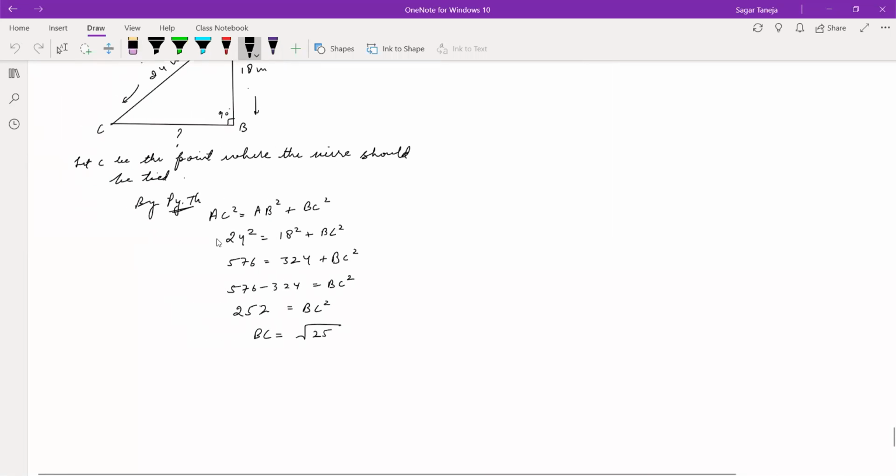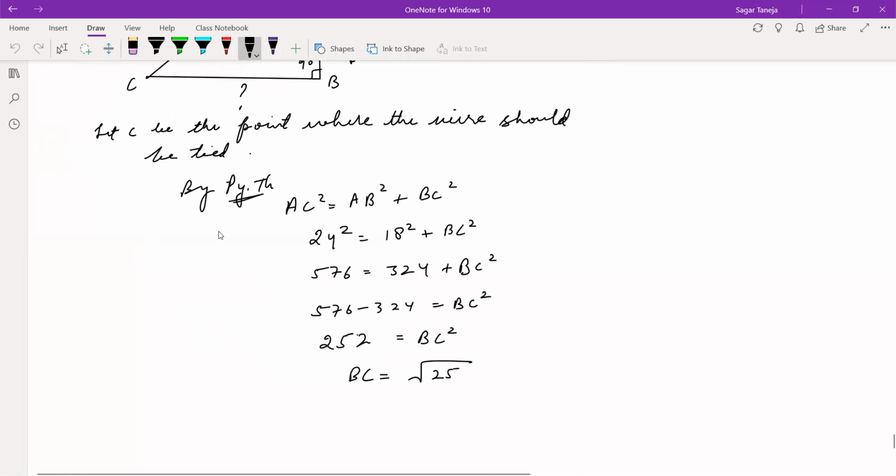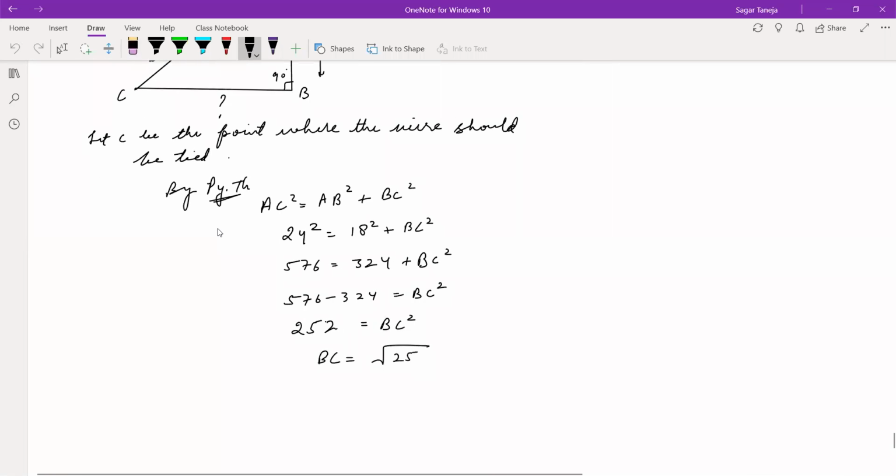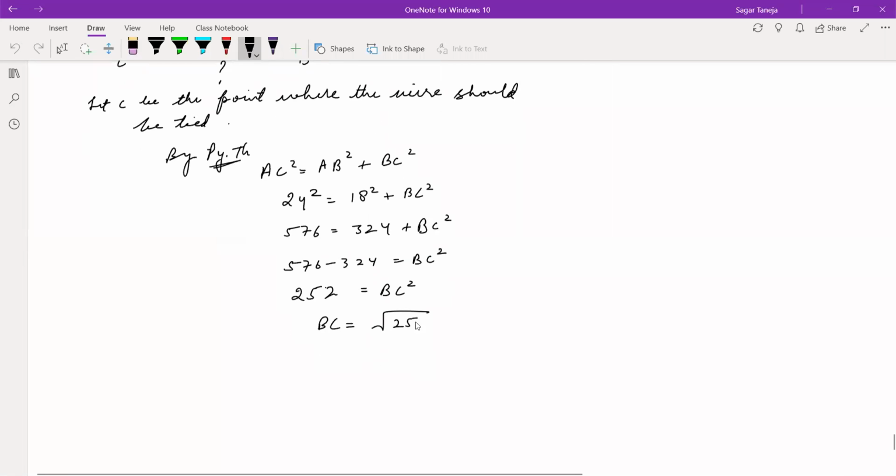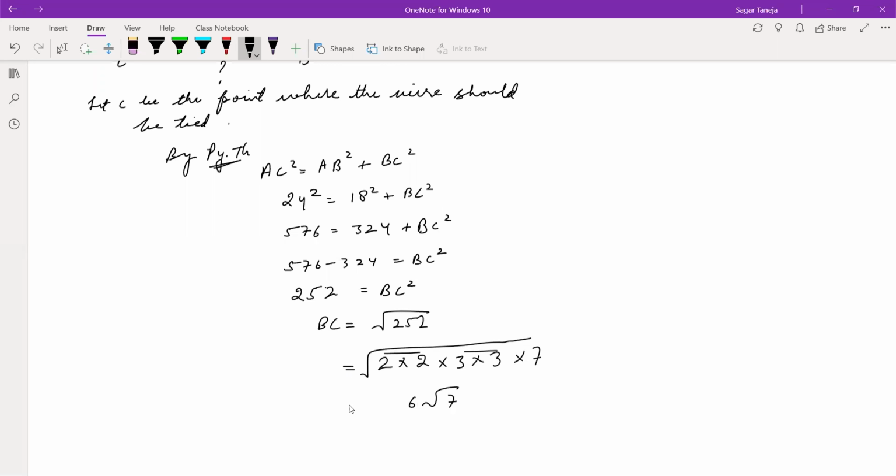The software becomes very heavy now, because whatever I have taught you is all written here till now. 252, and the factors of this will be 2, 2, 3, 3, 7. These will be the factors of 252, where 2 and 3 will come out, so it will be 6 root 7. So BC is equal to 6 root 7